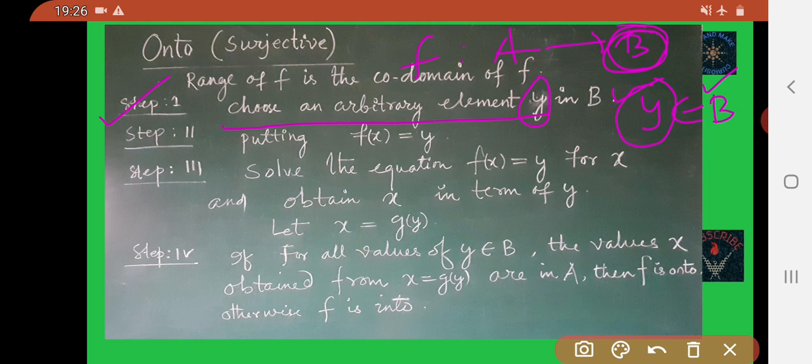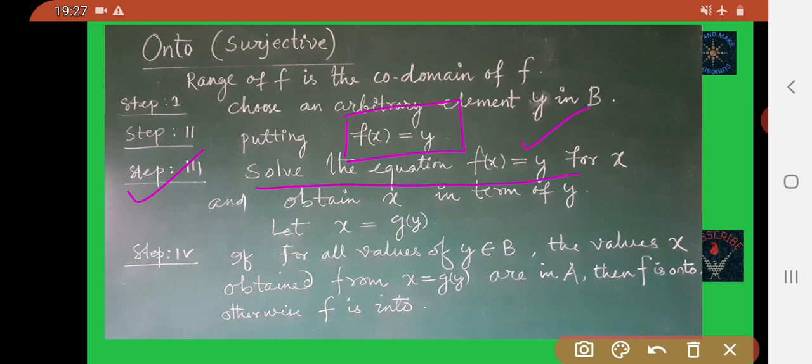Okay, first step. And second step is you write f of x is equal to y. You write this. Okay, then you simplify it. Third step is solve the equation f of x is equal to y